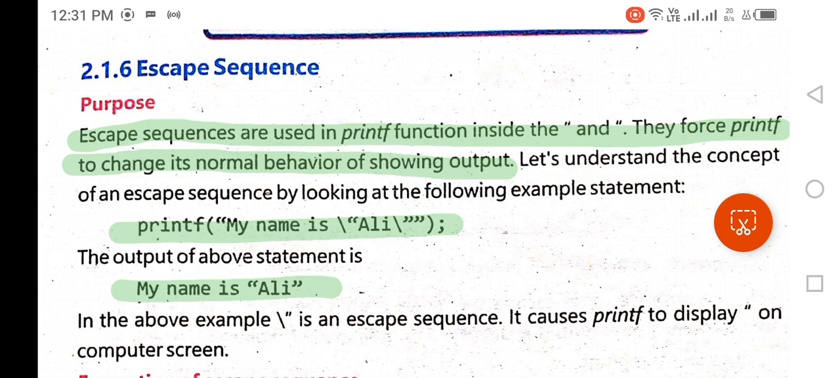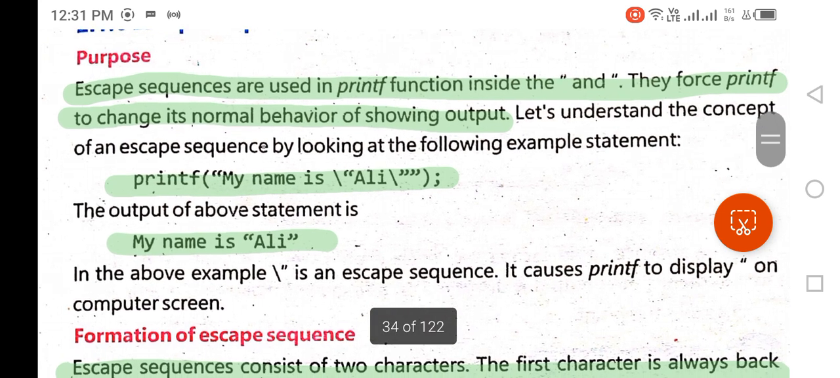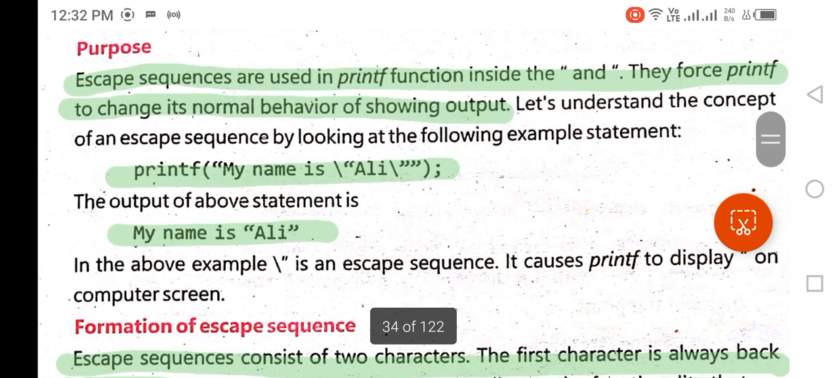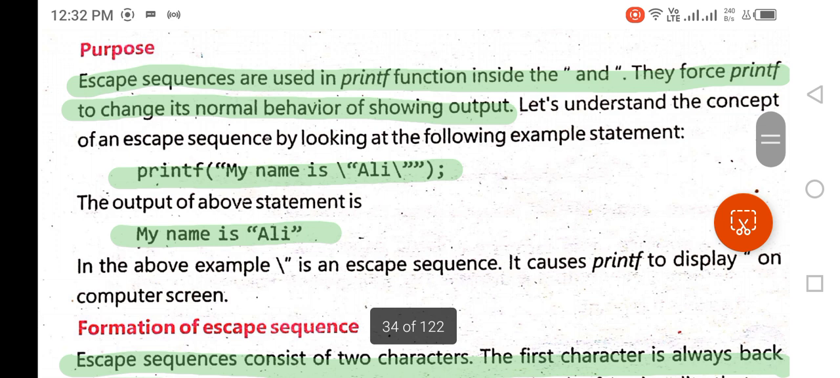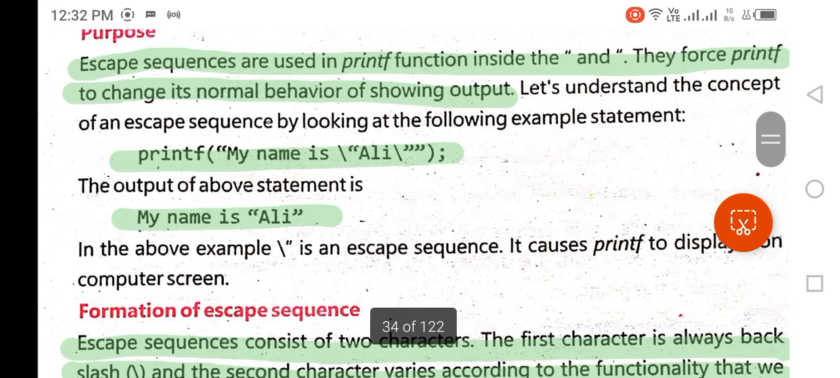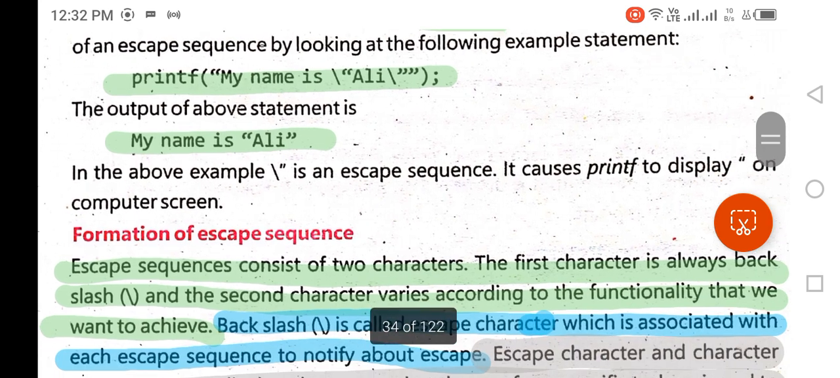Escape sequences are used in printf function inside the double quotes, starting double quotes and ending double quotes. They force printf to change its normal behavior of showing output. After that, you will give the heading of example with marker, and after that you will write